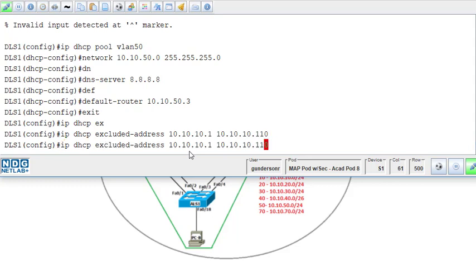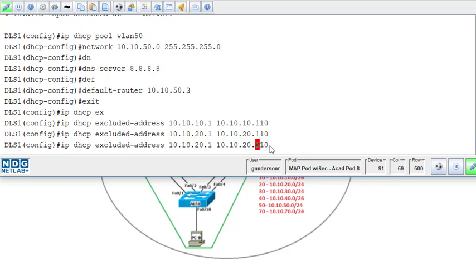Let's hit the up arrow, so we don't have to keep typing it. Change this to the 20 VLAN subnet. So we'll exclude addresses 10.10.20.1 to 20.110 in that subnet. And up arrow will change the 20 to a 50. So I'm excluding part of the pool in the 50 subnet. All right, DHCP is done